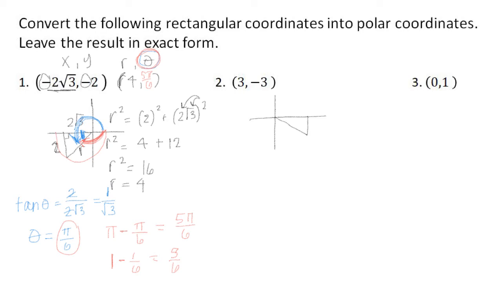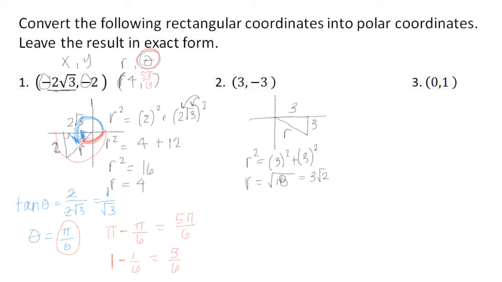Notice I would go ahead and put my 2 side lengths, and remember, your hypotenuse is your r. So r squared equals 3 squared plus 3 squared, and you're going to get r to be the square root of 18, which is 3 square root of